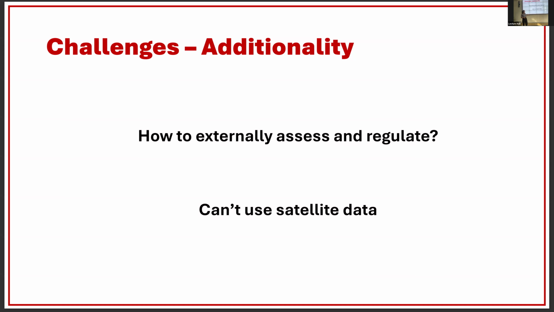But most biodiversity credit projects are trying to measure, which is great, these really in-depth things about the ecosystem, things like species richness, things like species abundance. We can't get those numbers without going into the field and counting, and that is a huge amount of work that we can't do from satellite data. So it's going to be phenomenally difficult to regulate and externally know how well the biodiversity credit operators are doing at getting additional conservation or restoration gains.